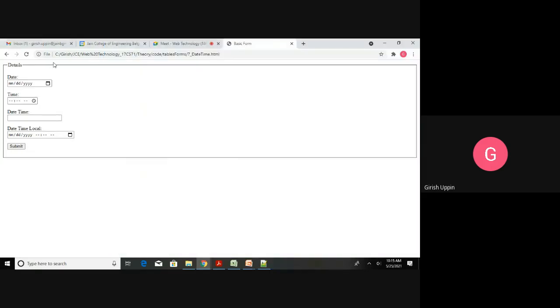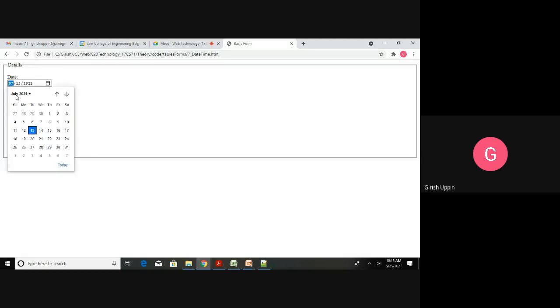So here we can see the first one is the date. It will display a calendar. You can navigate through this calendar if you want to change the month, year, all those things you can do. And finally, when you click on a particular number, automatically it will put it in the order. So this will go as July 13th, 2021. If you have any doubt, you click on this.